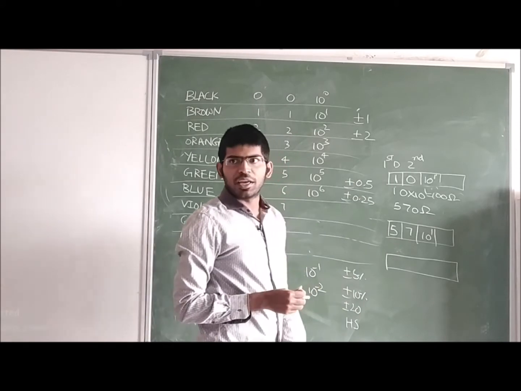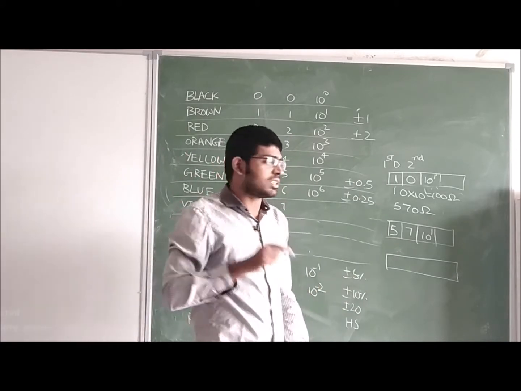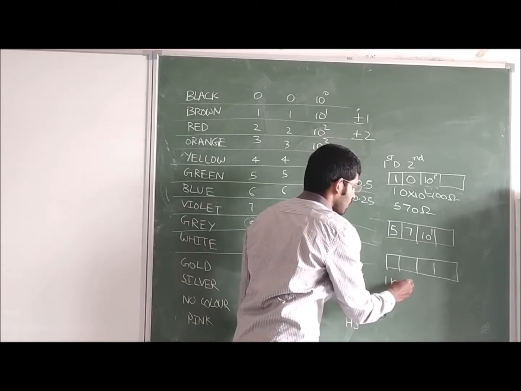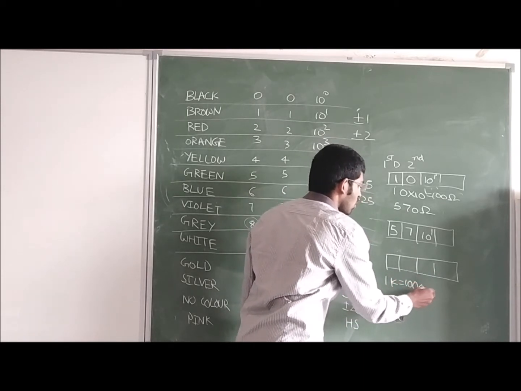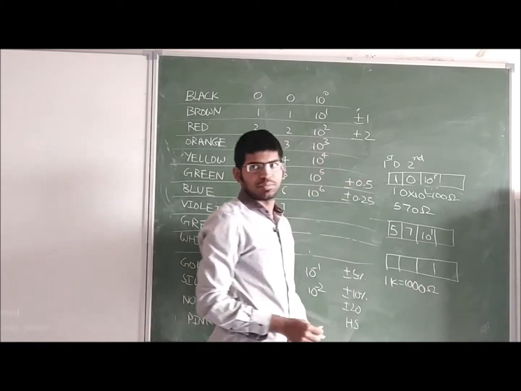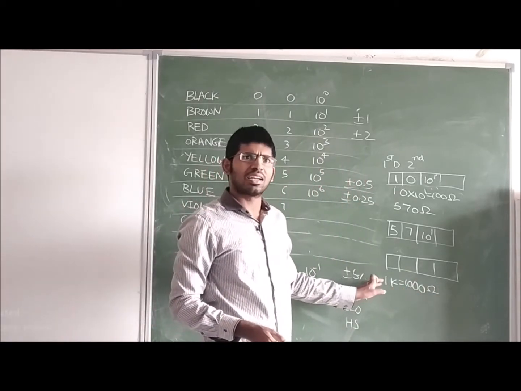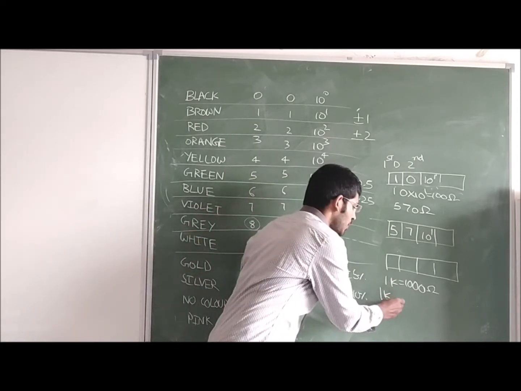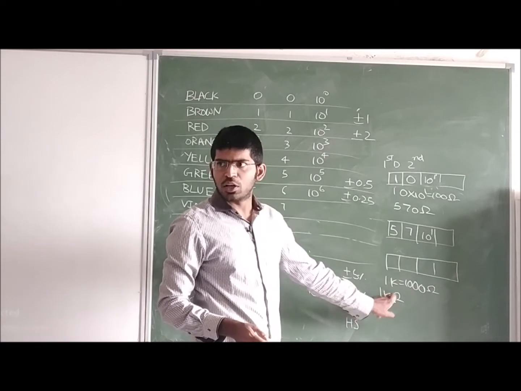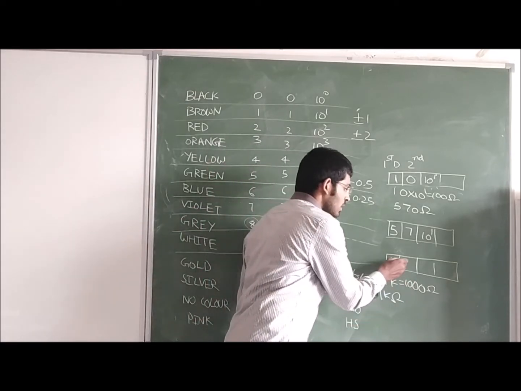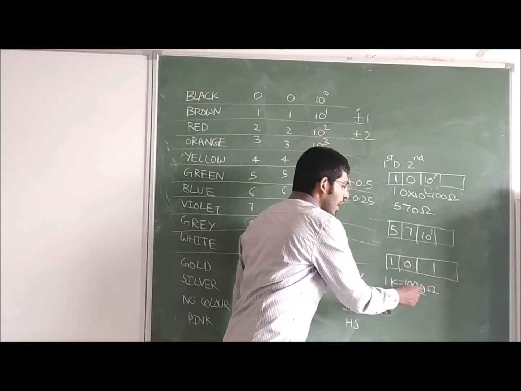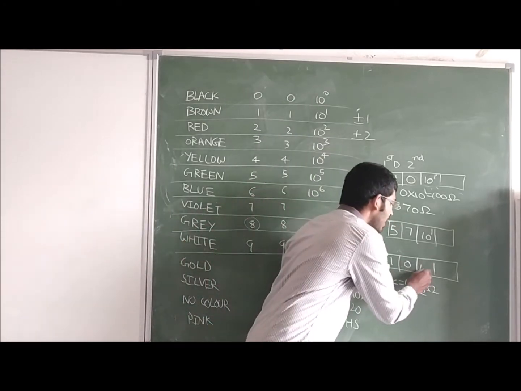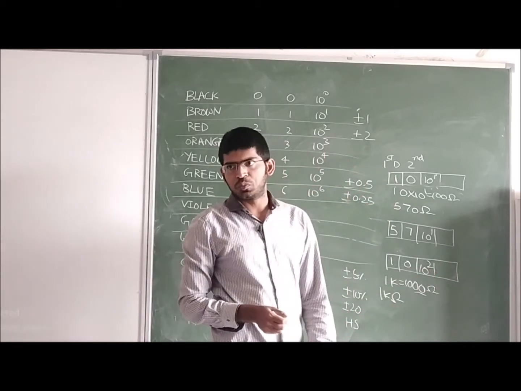Now this time I am taking a 1 kilo ohm resistor. 1 kilo ohm resistor means 1000 ohms. Generally, a 1 kilo ohm resistor we directly write as a 1k resistor. If we speak strictly, we have to write 1 kilo ohms. So now 1 0, we have to represent these two zeros in the third box. That can be done by 10 to the power 2.